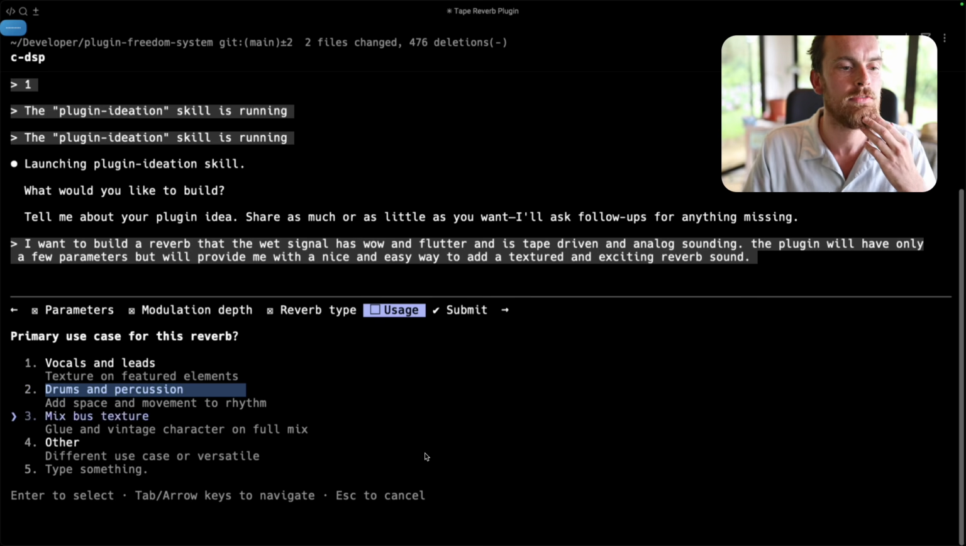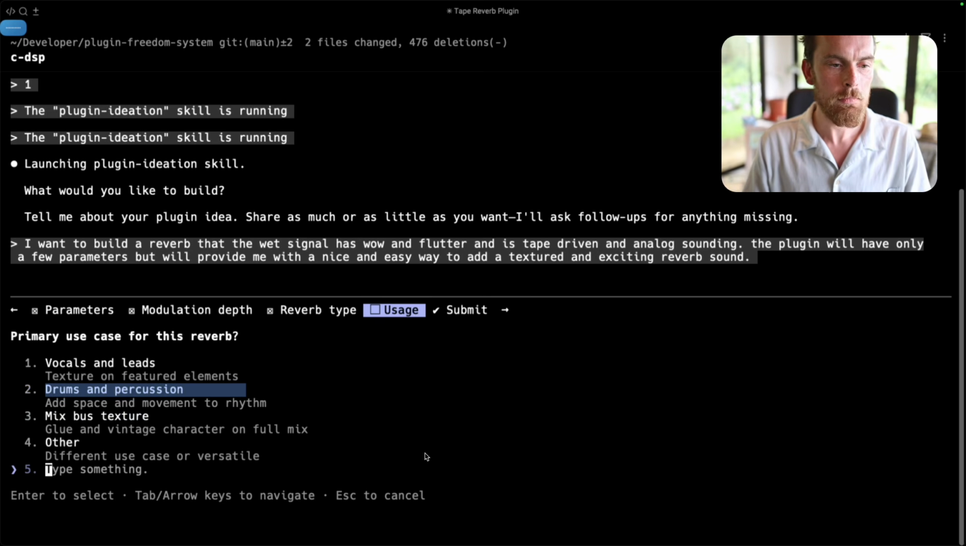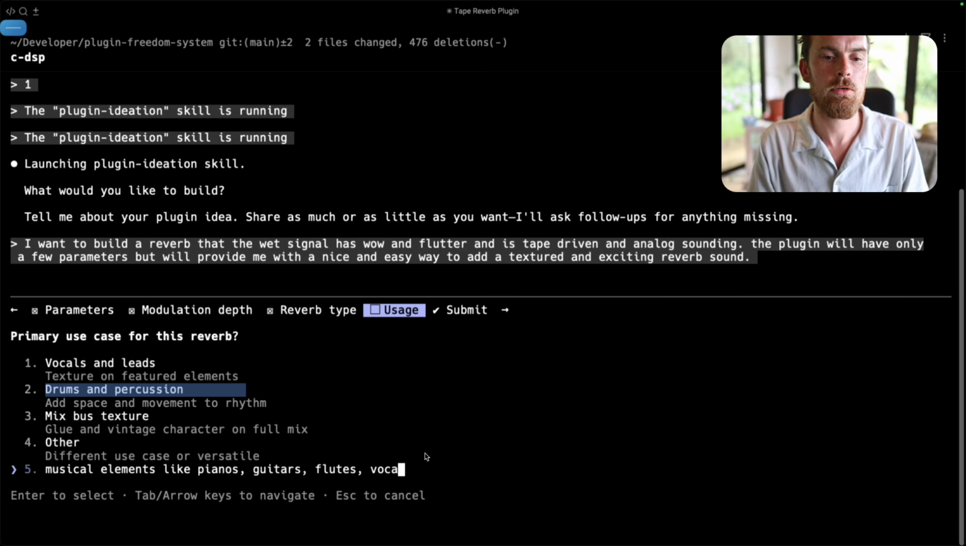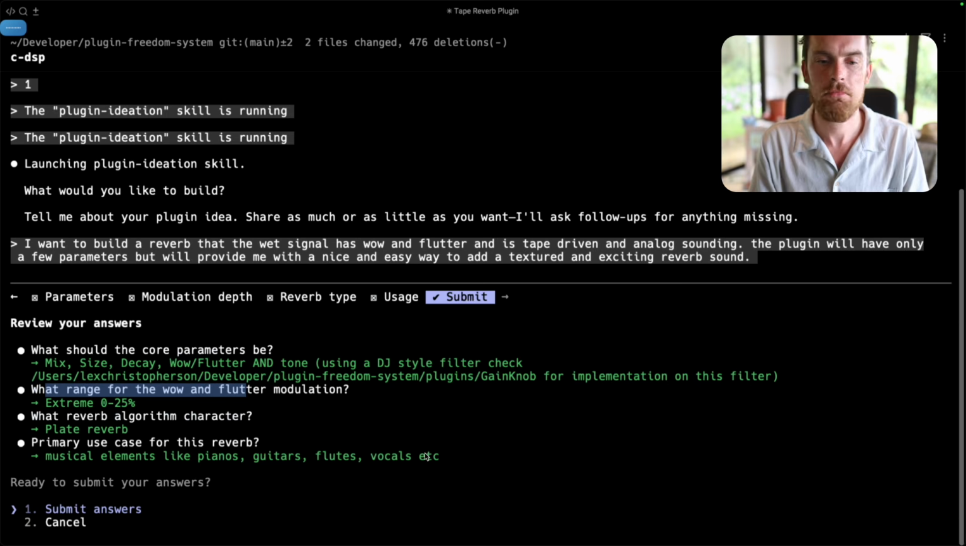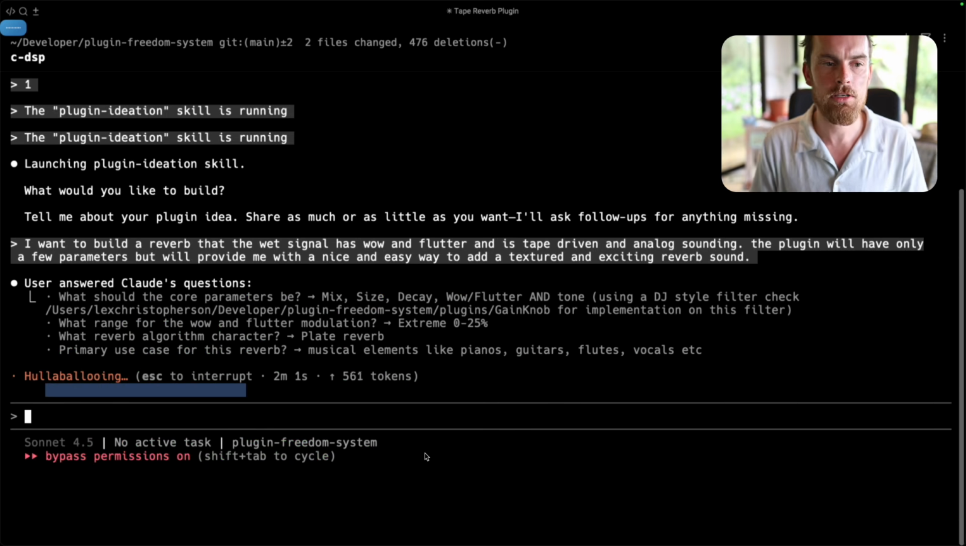I'm just going to say, I keep thinking that I can transcribe, but I can't. So musical elements like pianos, guitars, flutes, vocals, etc. Yeah, whatever. So I'm going to submit my answers, and it's now going to take those answers and it's going